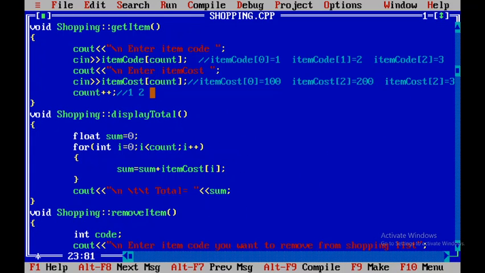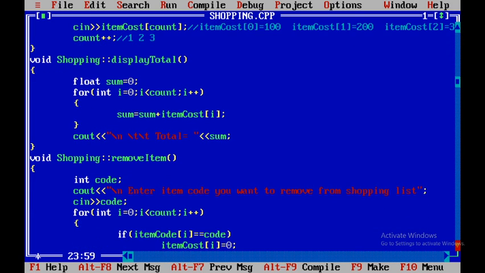After that, count is incremented by 1, now count is 3. 3 items we have inserted. The last value of count is 3 and our array is from 0 to 2: atom code of 0, atom code of 1, atom code of 2, atom cost of 0, atom cost of 1 and atom cost of 2. So these are our array elements.